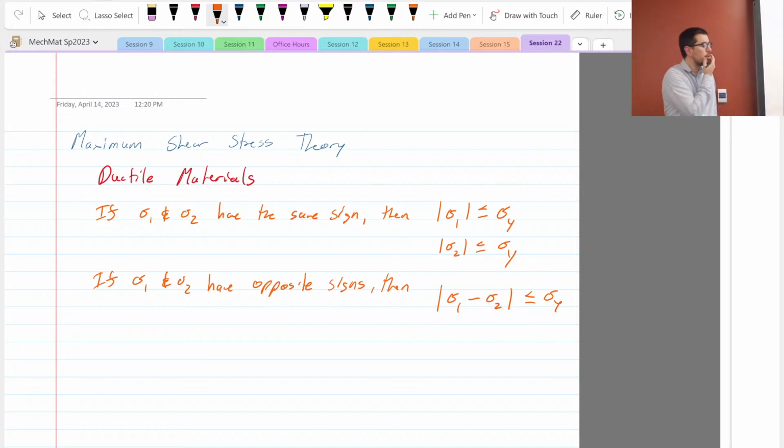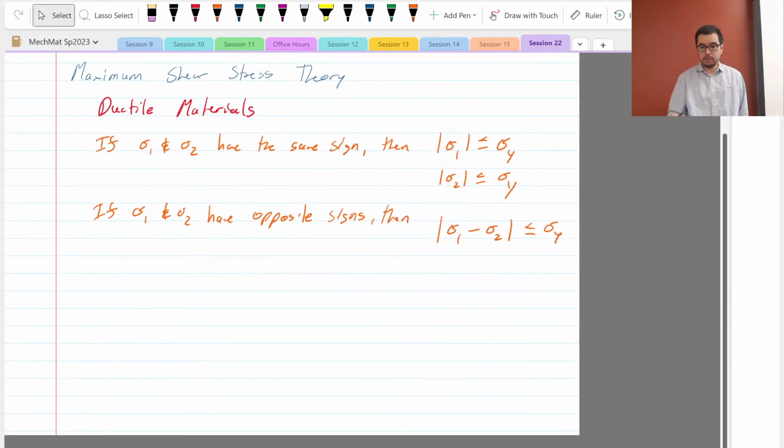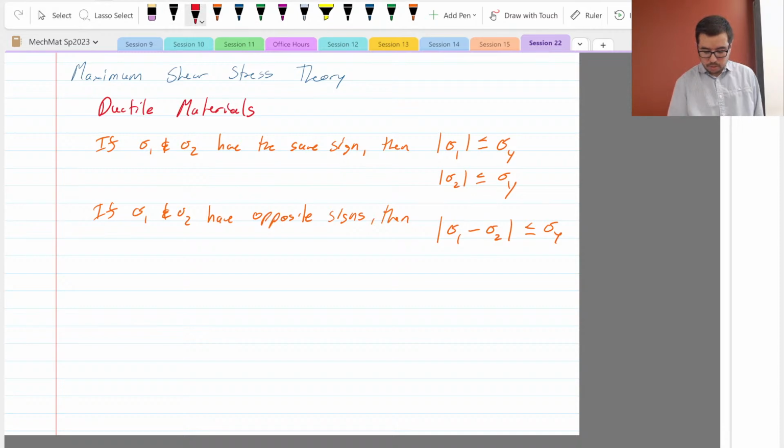All right. Now it's a little weird to have it written out like this because you're saying, oh, you're talking about maximum shear stress. There are no shear stresses in what we've written so far. Well, these criteria come from Mohr circle. They come from kind of what we've learned already. So if we look at a couple different cases here,